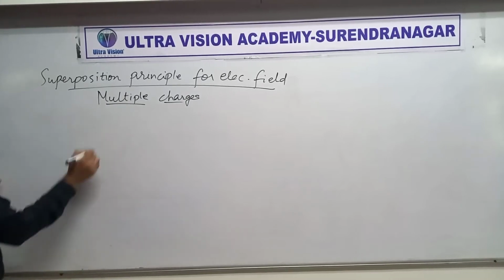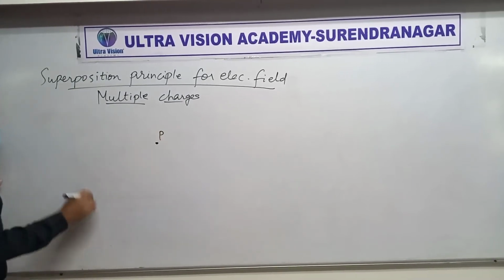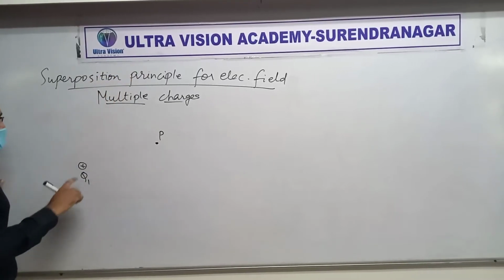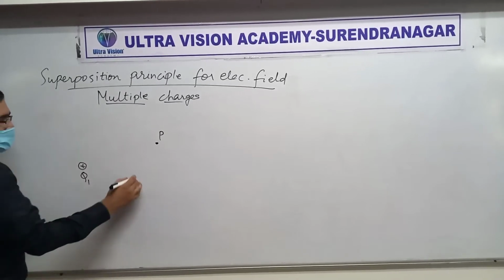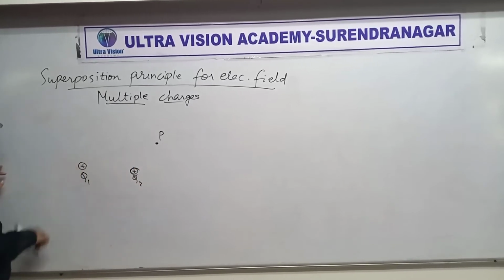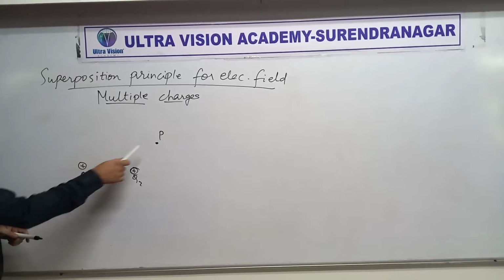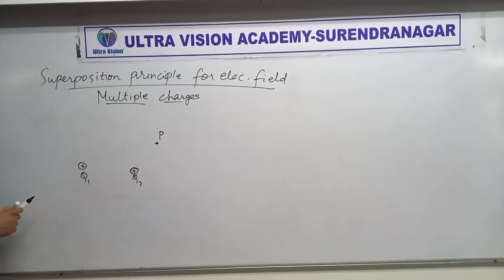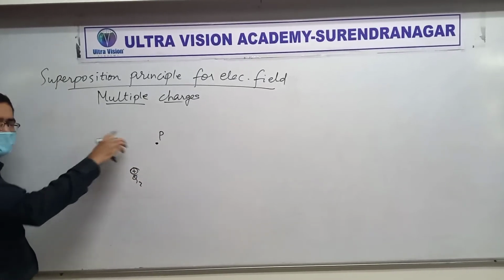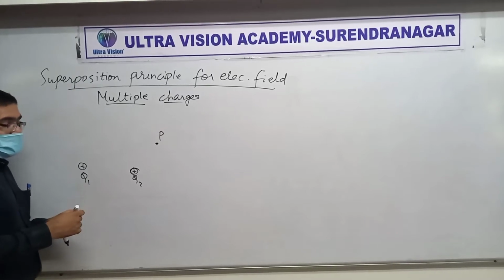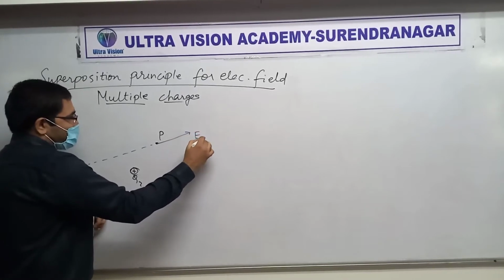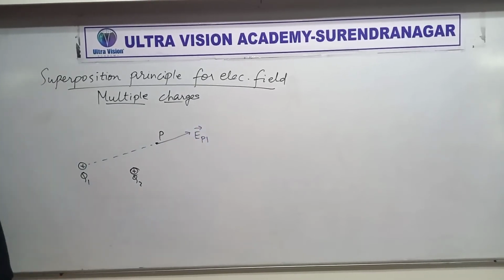What does that mean? Suppose you have some point P here and there are, let's say, two charges, again assuming them to be positive, for a very simple discussion. So Q1 here and let's say Q2 here. These are two point charges. We want to find out the electric field at the point P. Superposition principle says that the presence of the other charge does not affect this in applying the electric field. So there will be two electric fields at P. One will be due to the first charge. Did you understand this? Why is it in that direction?